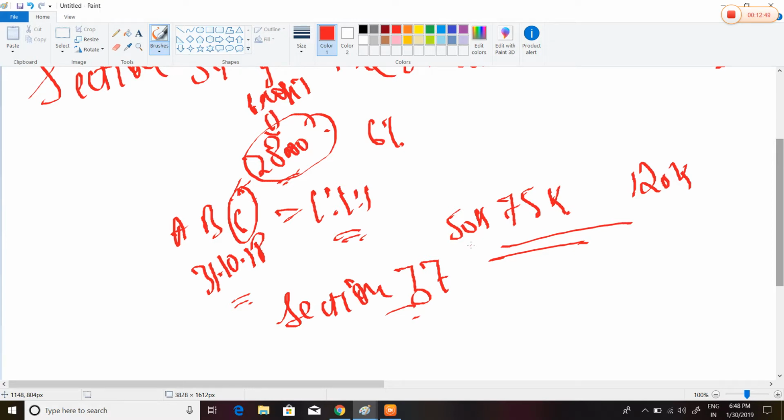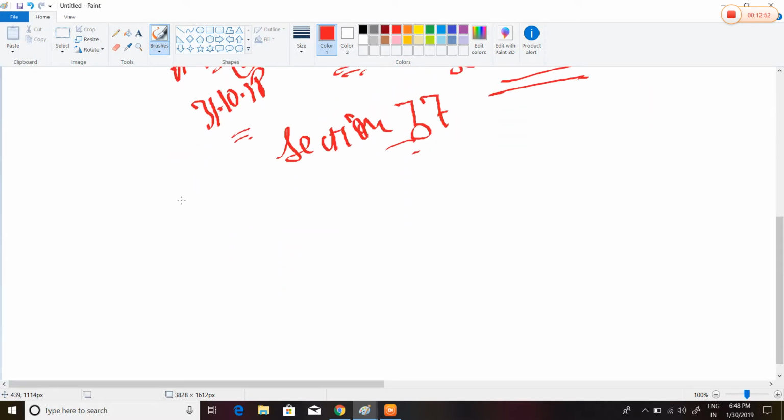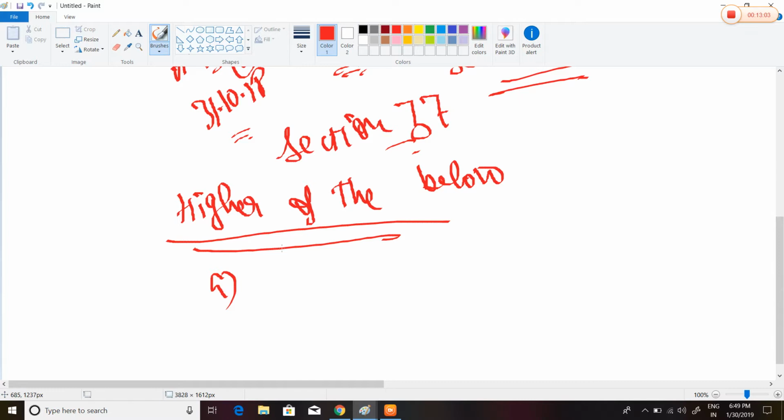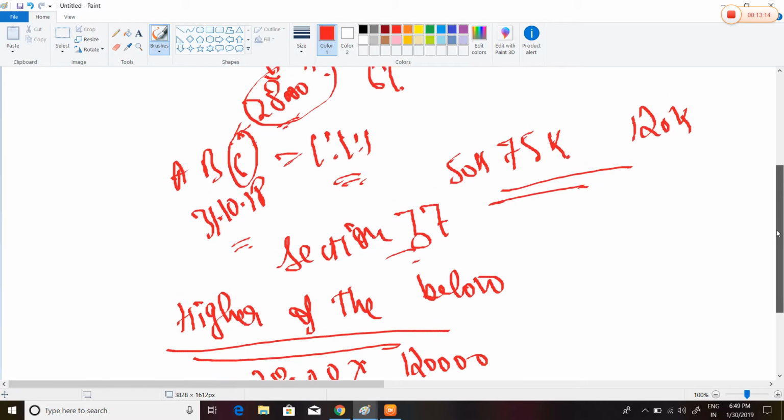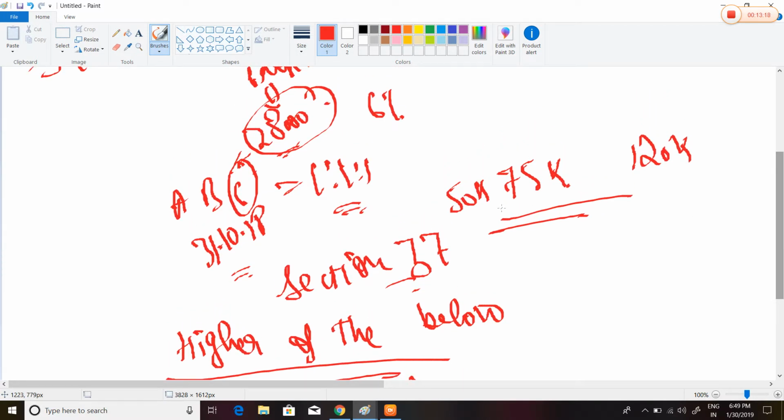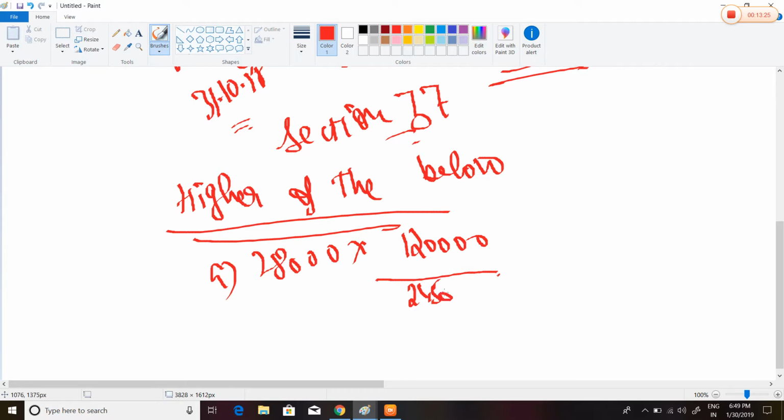Then how much would be his share of profits? It would be the higher of the below. C's share of profit is 28,000 rupees. His capital is 50,000, and the total capital of all the partners, that is 50 plus 75 plus 120, comes out to be 2,45,000. It comes out to be some 13,714 rupees approximately,